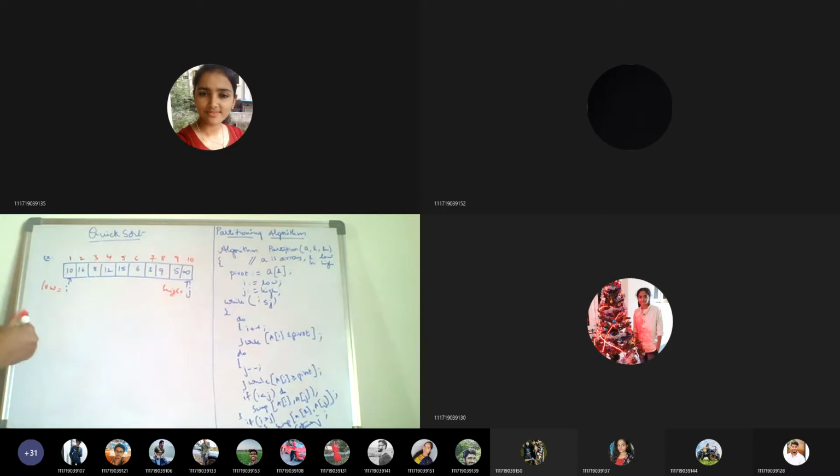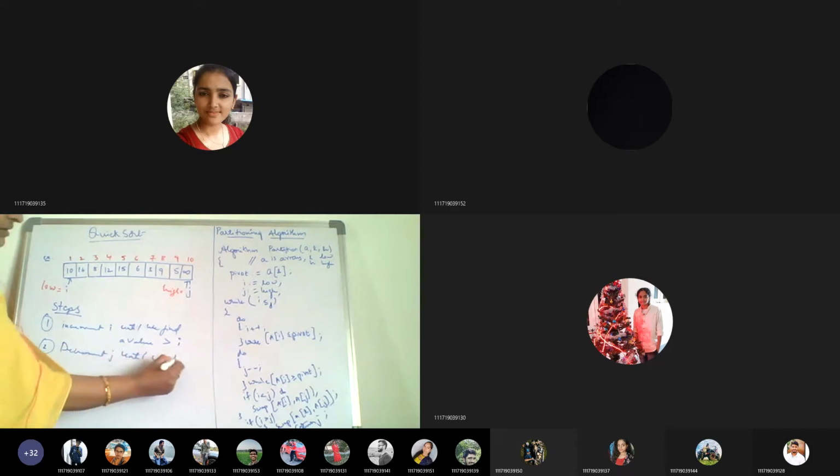We follow these steps. First step, we increment I until we find a value greater than the pivot, and decrement J until we find a value less than the pivot.